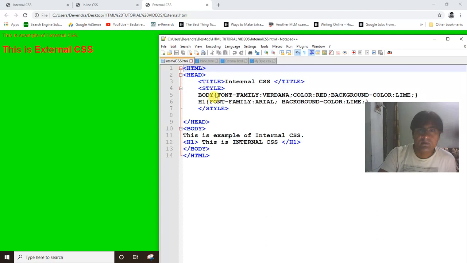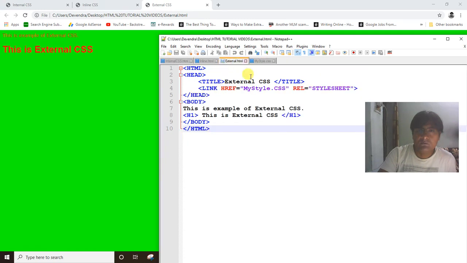internal CSS. In internal CSS we use the style tag inside the head tag. In external CSS we have to create a separate file with a CSS extension, and then we have to link to that file using the link tag href attribute. The href attribute will contain the name of the CSS file, and then the rel attribute which will have stylesheet as its value, and it should be in the head tag.